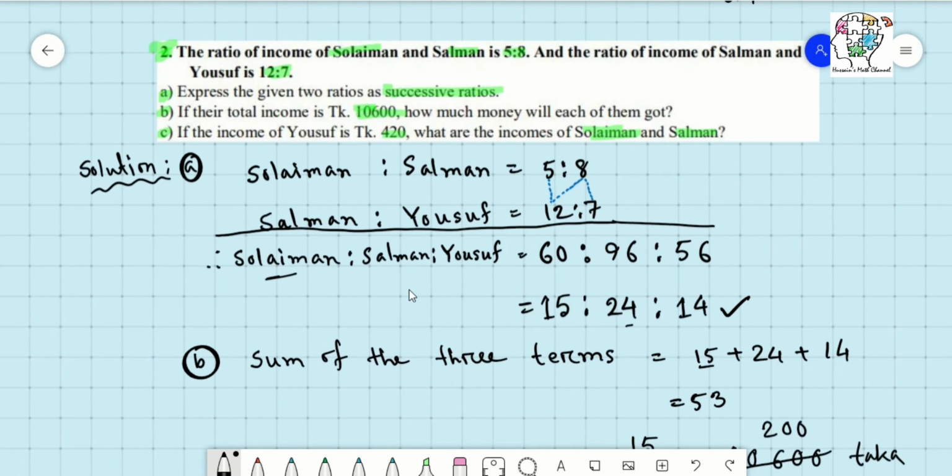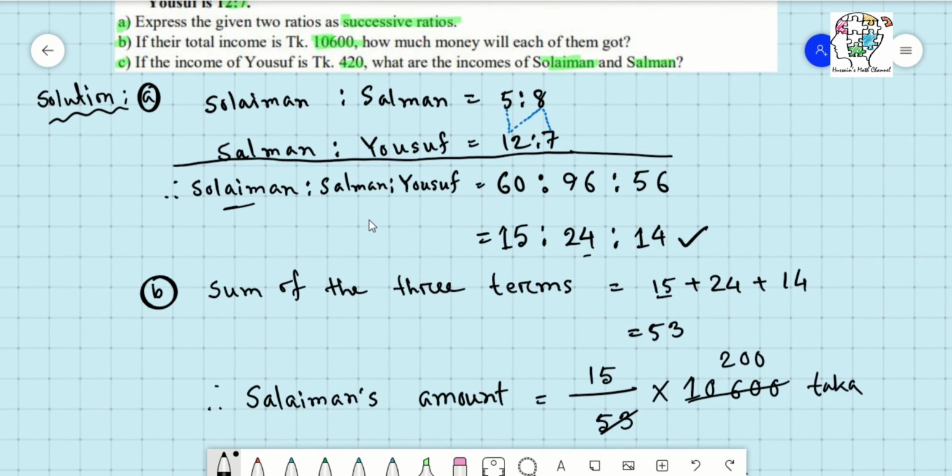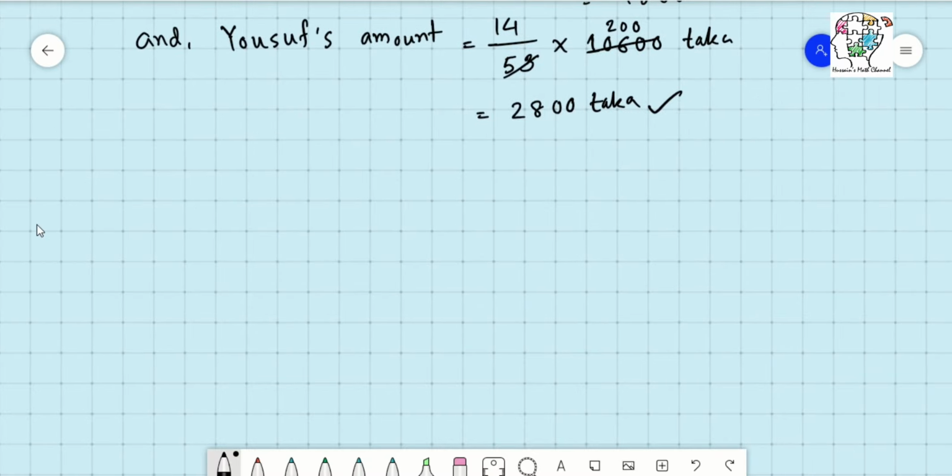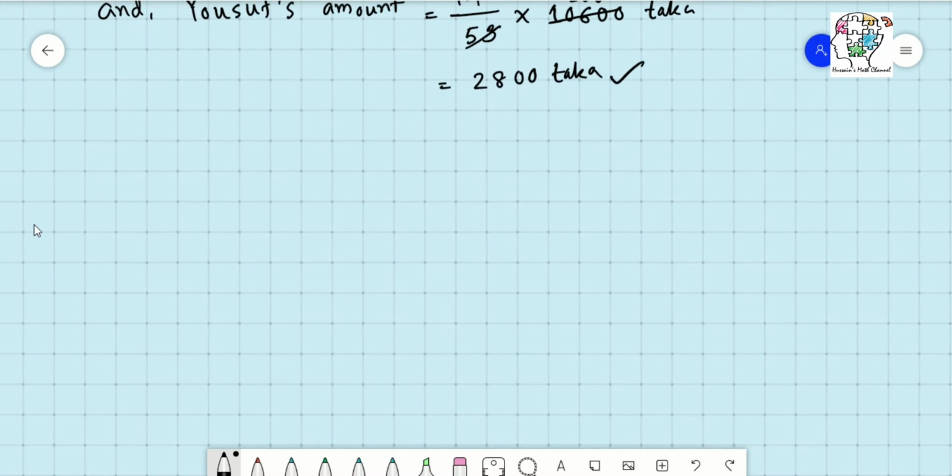Now we move on to our next question, question number C. Question number C asks, if the income of Yusuf is 420, what are the incomes of Sulaiman and Salman? Here you can see the total amount is not given. This time the total amount is not given, so we can just let the total amount be